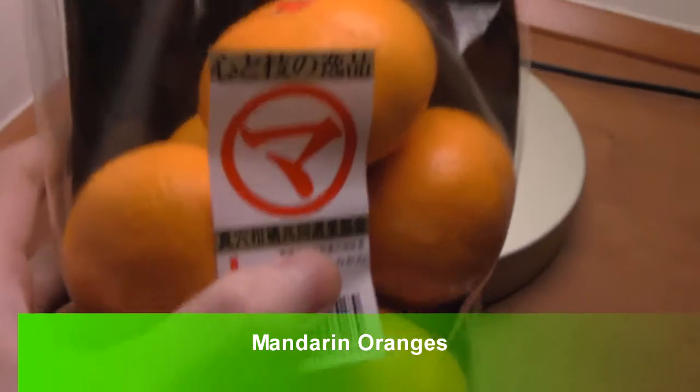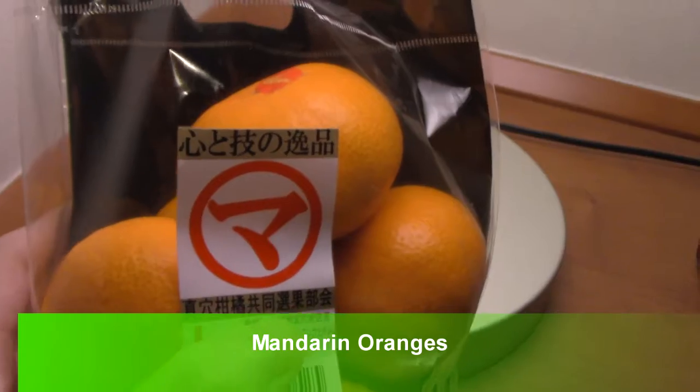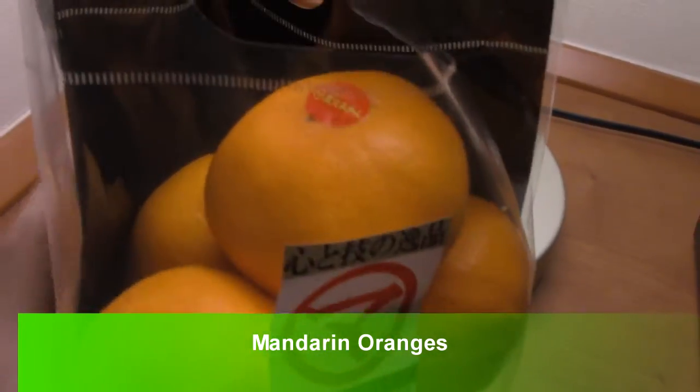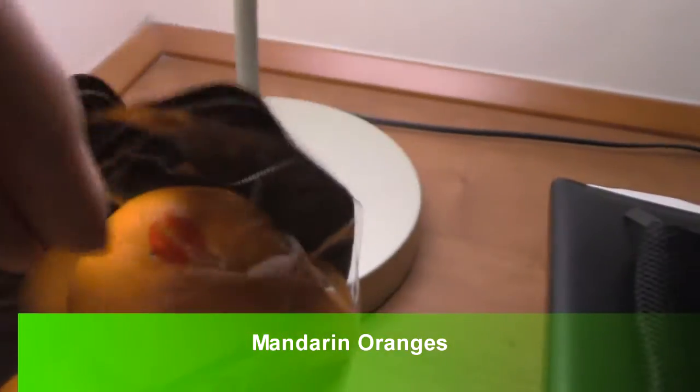Alright, so I'm in Tokyo and I got these oranges here. Okay, so these are Japanese oranges, and let's open this up and I'll show you what it looks like. Hopefully I can get one of those. So as you can see, here's a label there. I don't know what it says, but